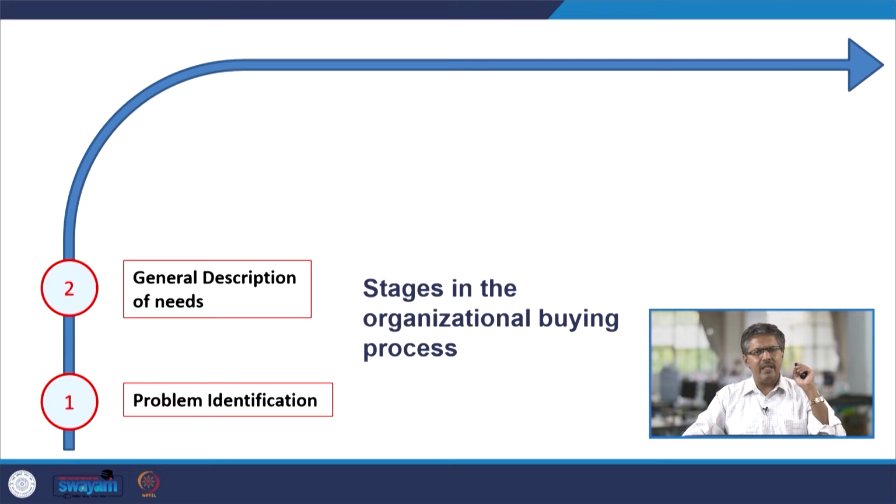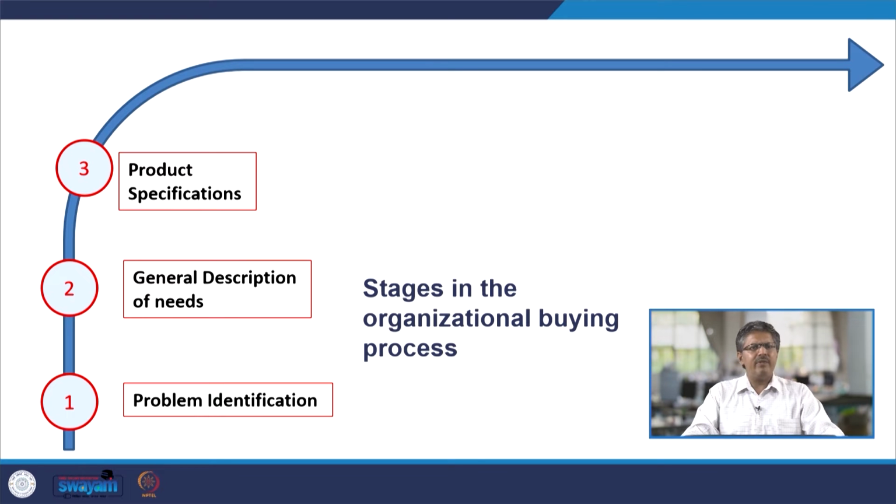Now, the second step, once you have identified the problem, is the general description of needs. What do you need, how much do you need, how do you need it, when do you need it, all these things will be a part of the general description of need. The different agents involved in the purchasing process might give a general description of the entire needs that the organization has. So, what product specifications do you need? For example, in the third step, if the organization wants certain products, what exactly do you want? Now, see, interestingly, in B2B firms,